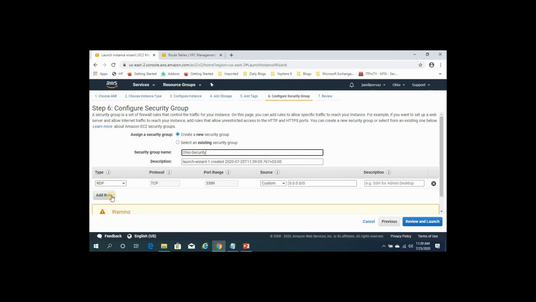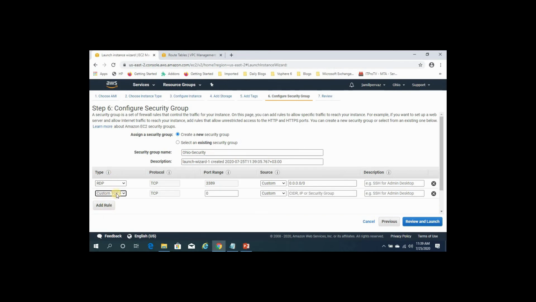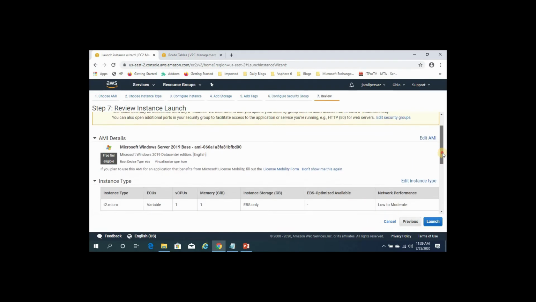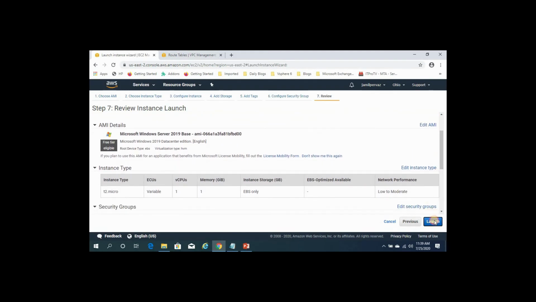For the rules we need to add 2 rules. One is RDP and the other one is all ICMP IP version 4. The port range is 0 to 65535. Source anywhere. Click on review and launch. Click launch.